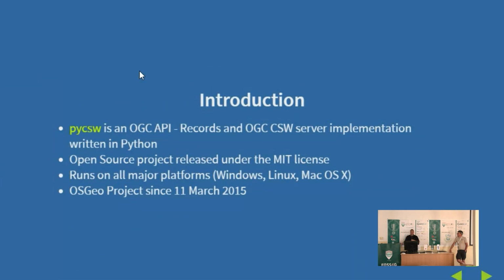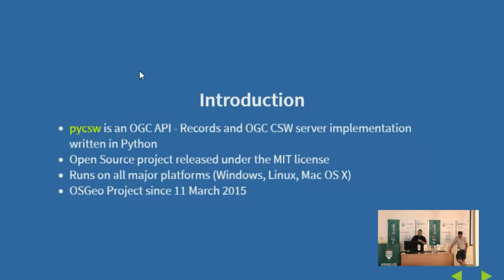So PyCSW is an OGC API Records server implementation. OGC API Records was recently published by OGC in the last month or so, and it's also an OGC Catalog Service for the Web, or CSW server implementation. Initially, it was a CSW implementation. That's why we called it PyCSW. But with the invention of OGC API Records, our focus is on that standard, given that it is superseding the